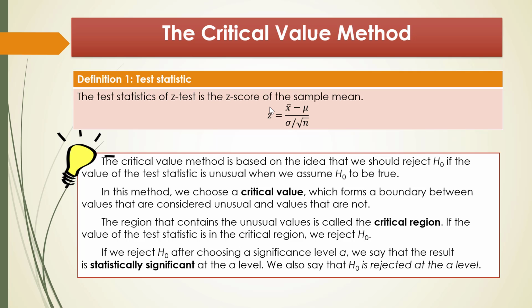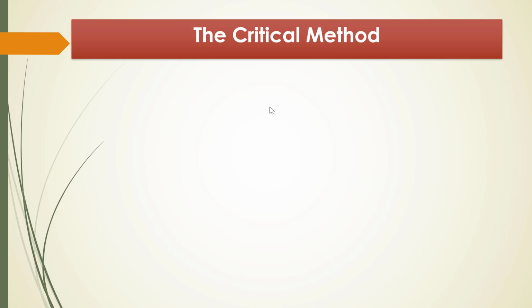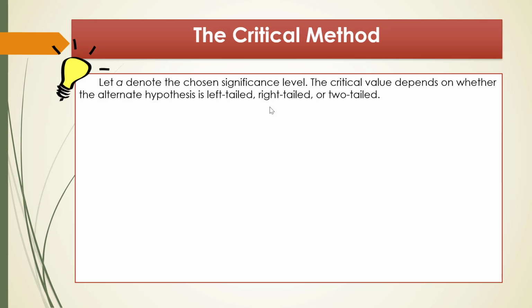If we reject the null hypothesis H naught after choosing a significance level alpha, we say that the result is statistically significant at the alpha level. We also say that the null hypothesis is rejected at the alpha level. So that's the idea. To be more specific, before we perform a hypothesis test, we need to choose a significance level, and here I'm going to say alpha